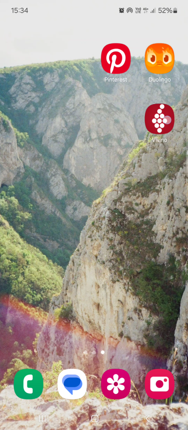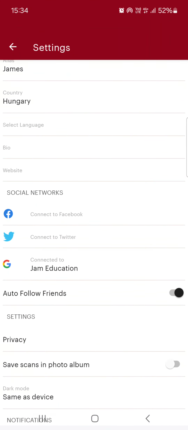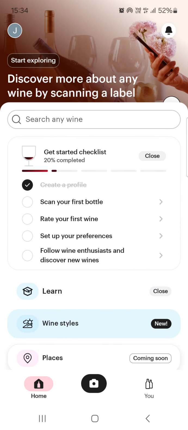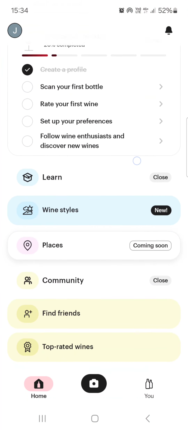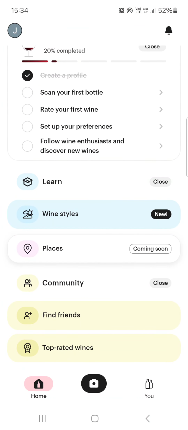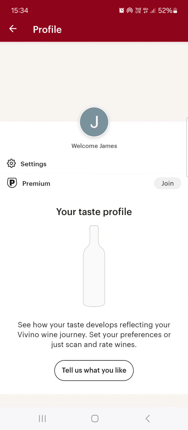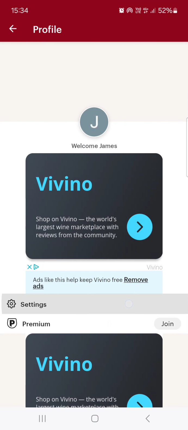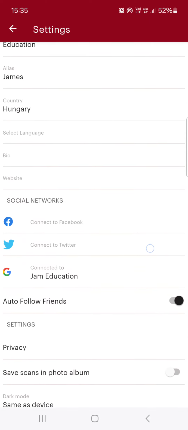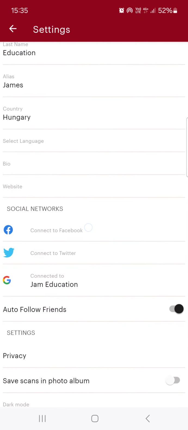First you have to open up the app, and it opens up in the home menu. From here we just go into the top left corner, tap on the profile icon, then we tap on settings, scroll down, and under social networks we tap on connect to Facebook,